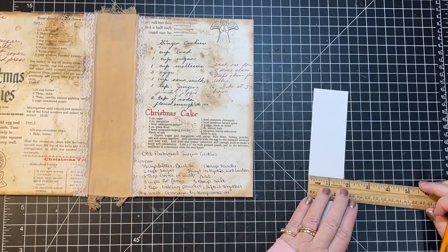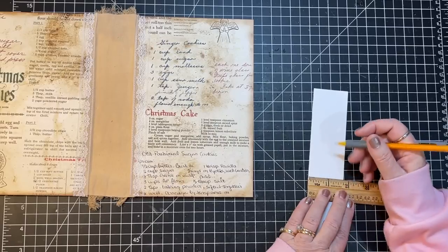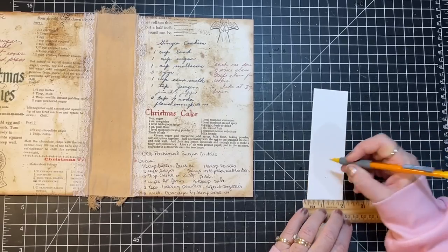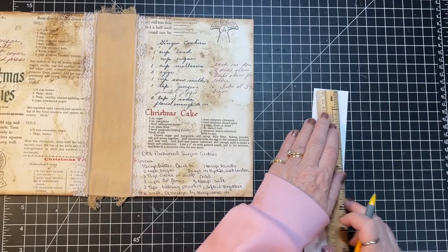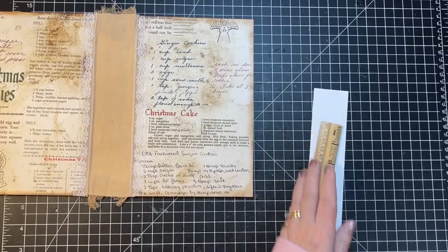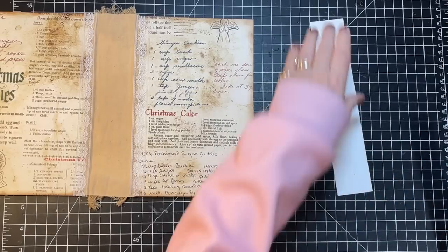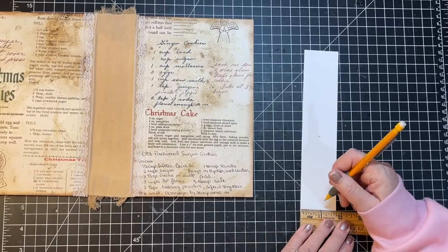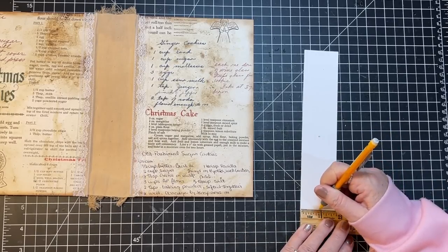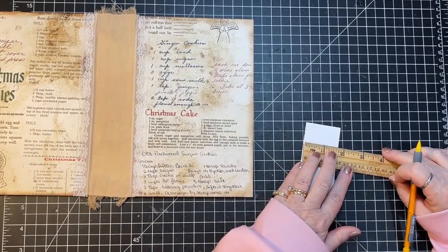Okay, but let's make sure. Let's go right here. So this is going to be our middle. I want to go about 1 inch down and 1 inch up from the bottom. It doesn't have to be perfect because it's a hidden spine. You're not going to see the stitching or anything, but I still want it to be